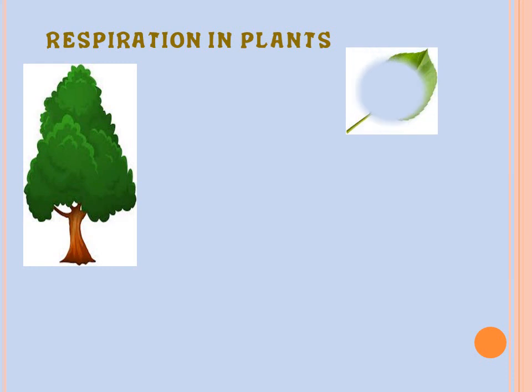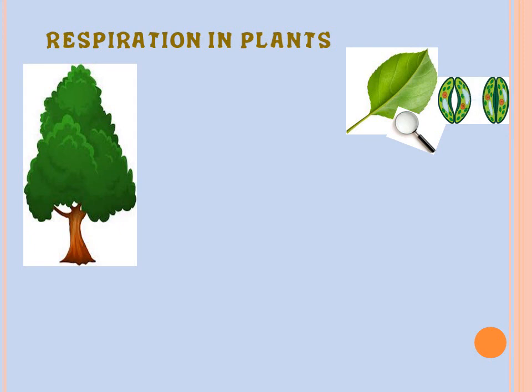So the first way is, you know, that leaves have very minute fine pores called stomata, and stomata are the openings guarded by guard cells. So exchange of gas can occur by one of the ways, the stomata present in leaves. Now we have the second method.